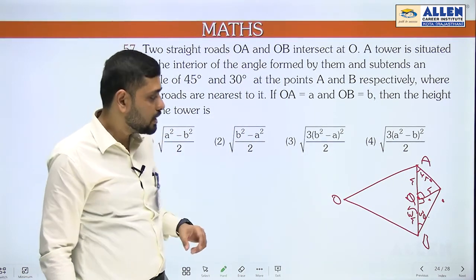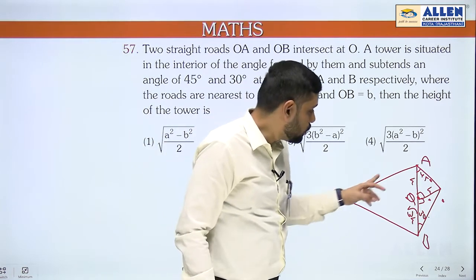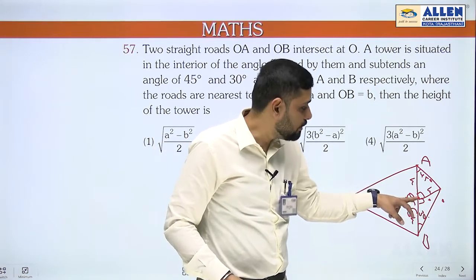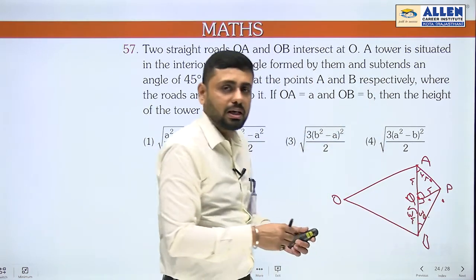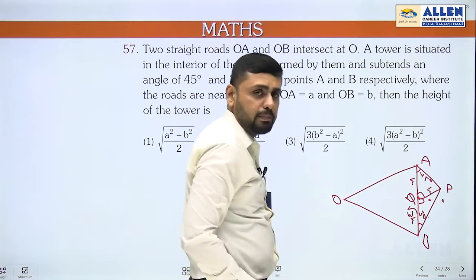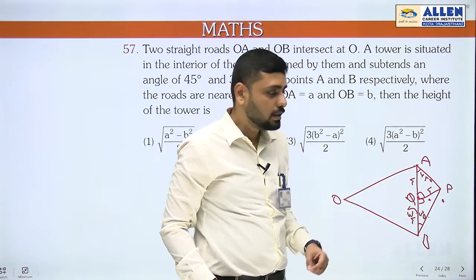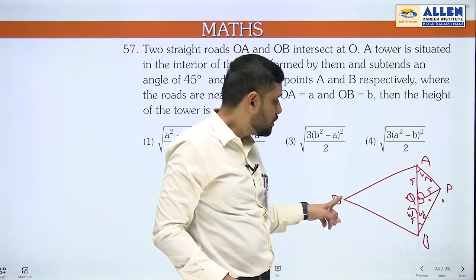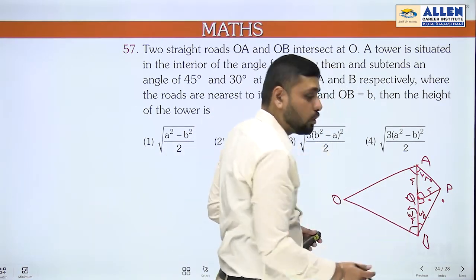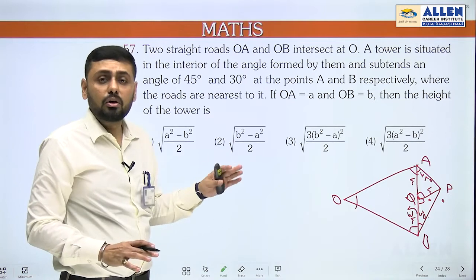If we take this as one option, we cannot find the value of H here, because we don't know whether OAB is a right angle triangle or not. What we have done is taken Q as the base of the tower and let this point P be the top of the tower. The tower is making an angle of 45 degree with A and 30 degree with B. On the basis of that, we got the base as H here and root 3 H here. But now we cannot find the value of H, because proper information about OAB is not given, that is, whether this angle is 90 or not. We don't have the proper information, so we cannot find the value of H in this case.